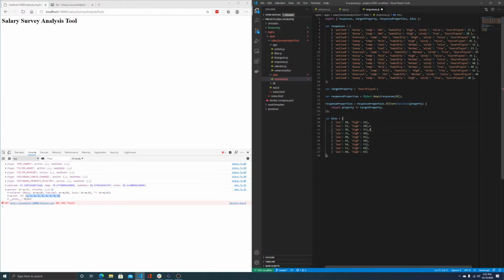130 should go less than or equal to 46 should go into this bin. 45 should go into this bin. 52 should go into this bin. 23 should go into this bin. 43 should go into this bin. 35 should go into this bin. 38 should go into this bin. 46 into this bin. 48 into this bin. 52 into this bin. 44 into this bin. And 30